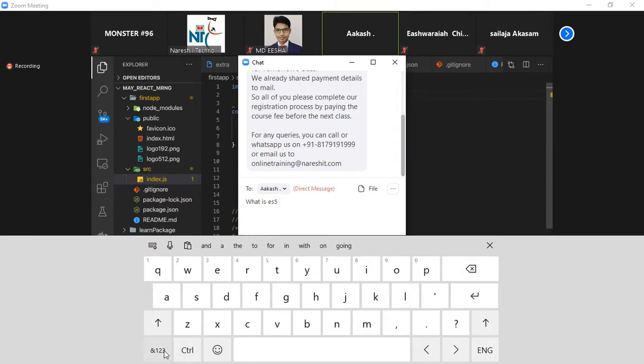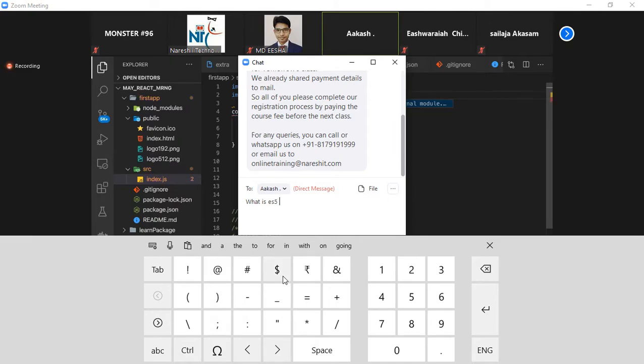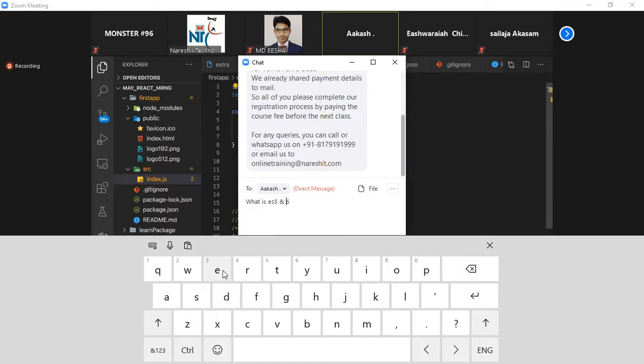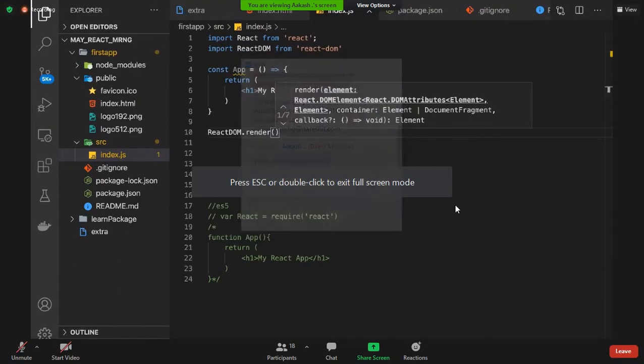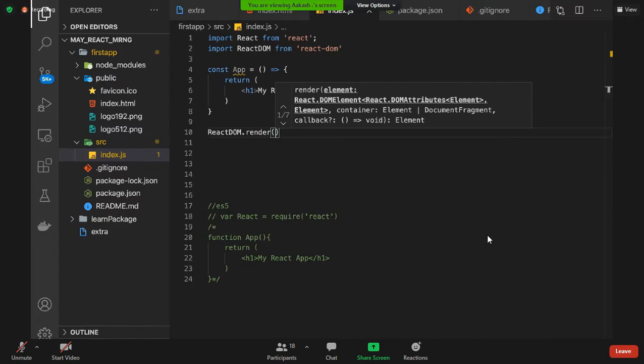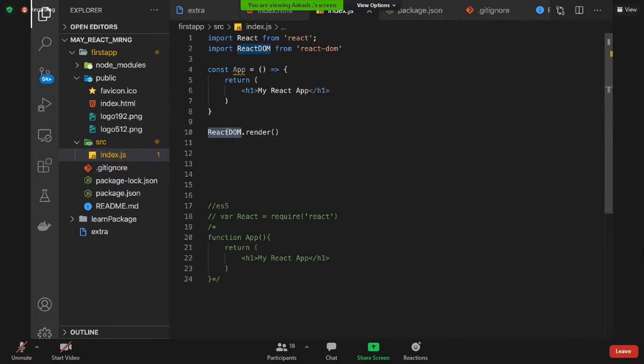How? Now we need to import one more package, guys, called React DOM. From React DOM, we import ReactDOM. And with the help of this, we will display. How? We write ReactDOM.render. React DOM has one method called render. These are versions of JavaScript, ES5, ES6 is a version of JavaScript. So ReactDOM.render is a method inside the DOM.